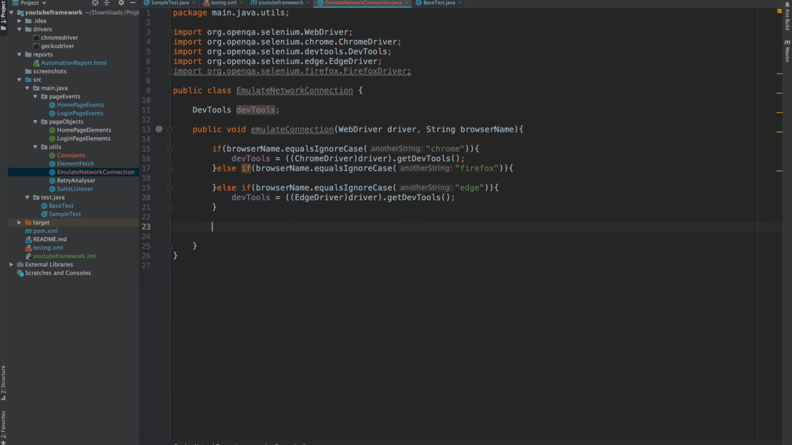So now we have initialized the value in the DevTools. Now we will be creating a session. For that we will be writing DevTools.createSession. After creating the session, we will be sending the values. So I will be writing DevTools.send